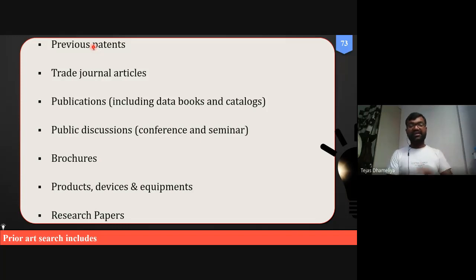Already, has it been patented? Let us say, even if the patent is not in India, but it is already there in South Africa, or already there in, let us say, the USA, we cannot file because it is already filed in some other country.